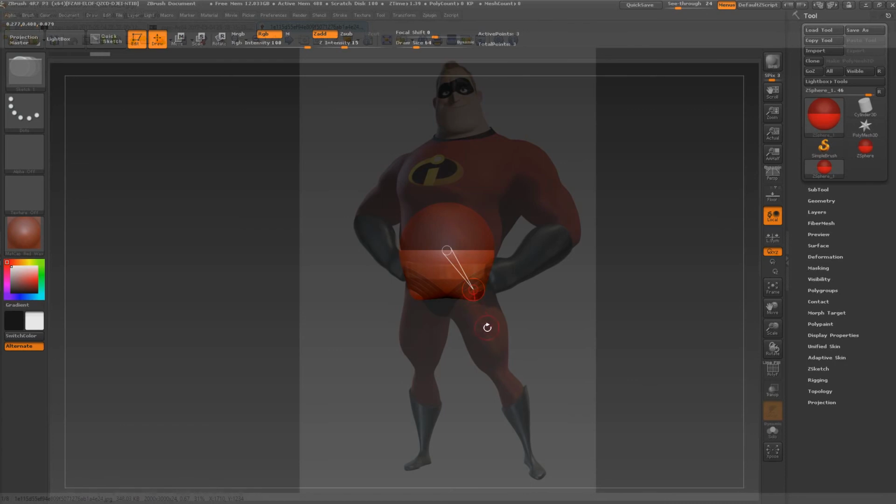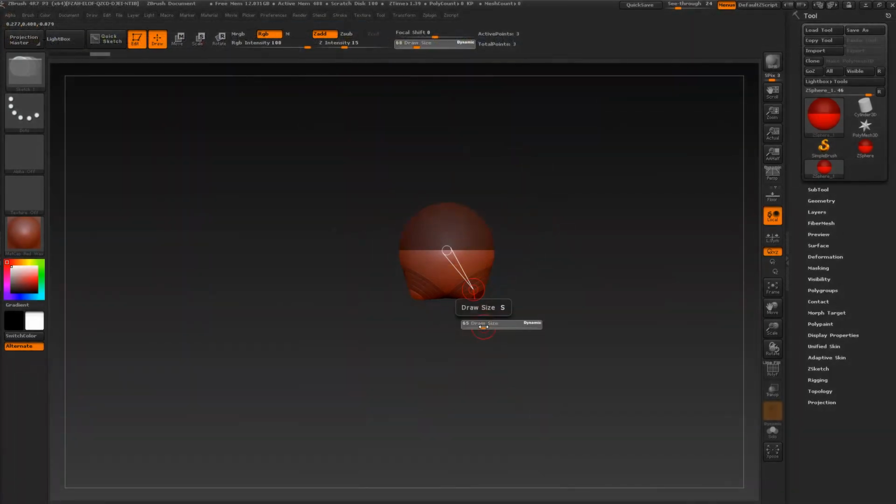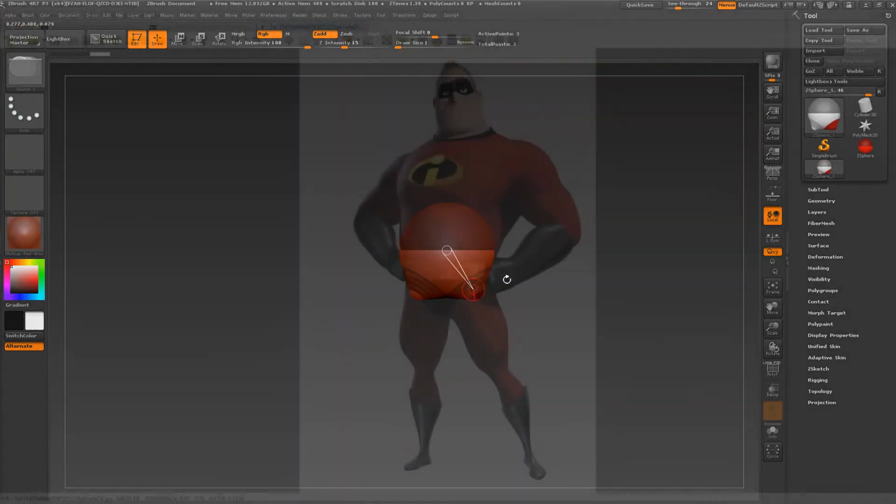When I work with this sphere, I always prefer to have a very small influence area. So to do this, I'm going to press the letter S on my keyboard, and I'm going to drag this down to 1. So basically I only have 1 point that I can influence. So what I'm going to do, I'm going to click